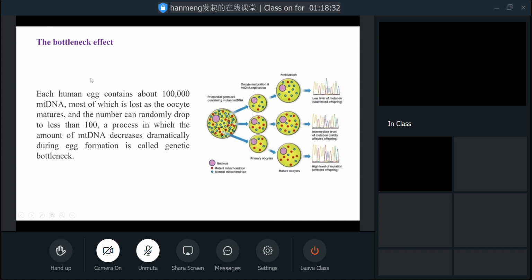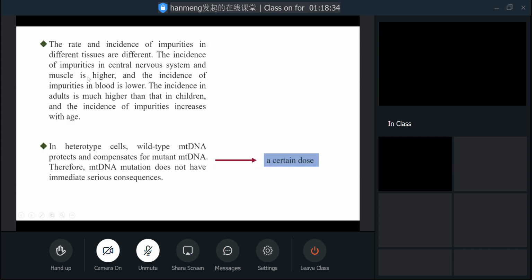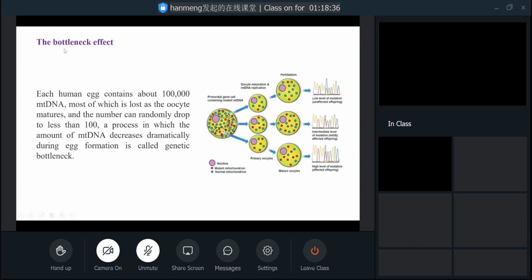In here we will learn about the bottleneck effect. In fact, the bottleneck effect is not only in genetics, but in other conditions. But here in genetics, the bottleneck effect means each human egg contains about